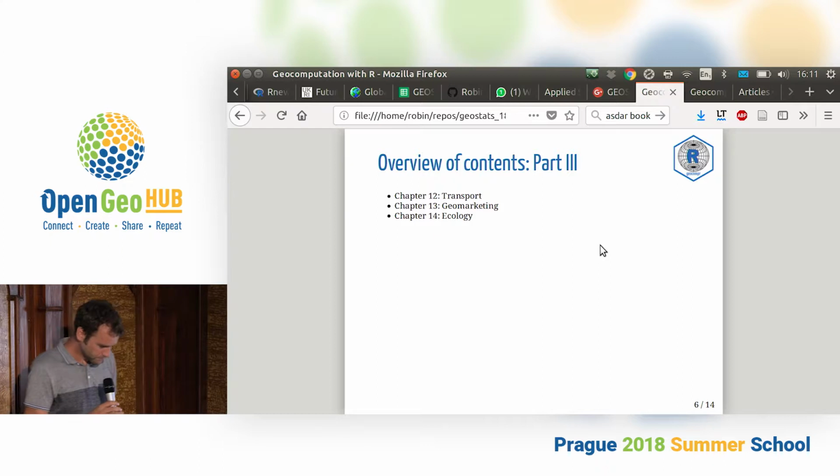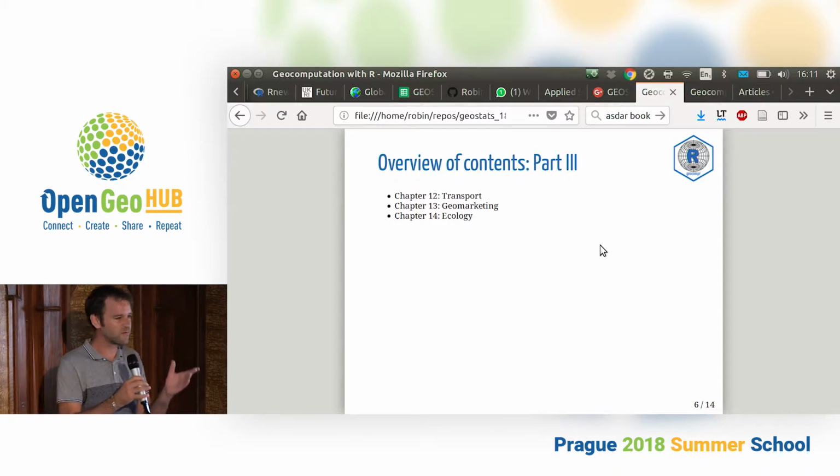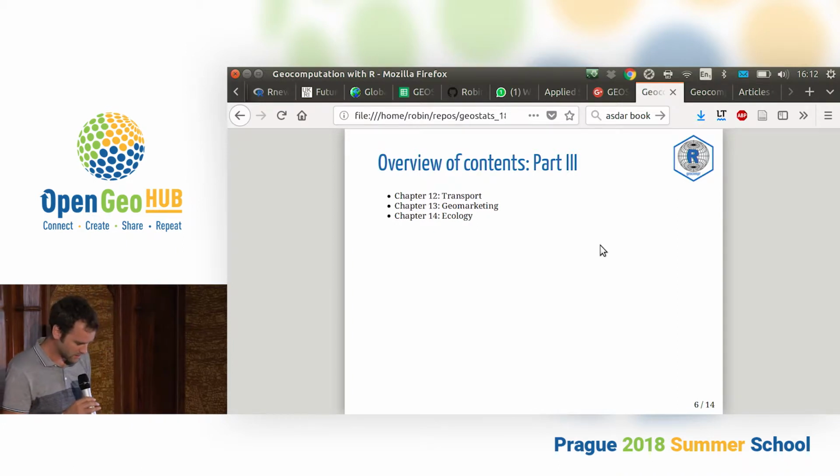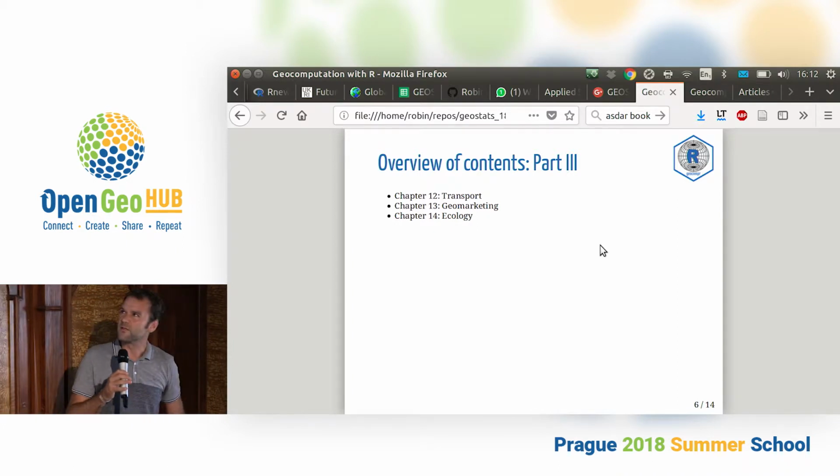And I think there are two things worth mentioning. The first is it's really great that you can use all these methods and tools in very different subjects. It doesn't matter if it's social sciences or physical, natural sciences, you can use them in all of them. And yeah, the second thing I would like to mention,